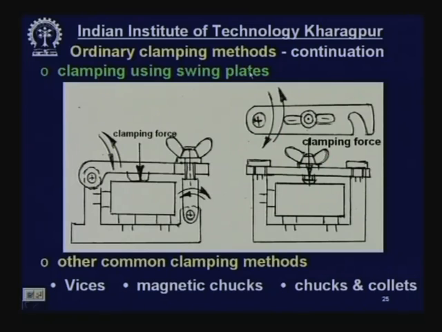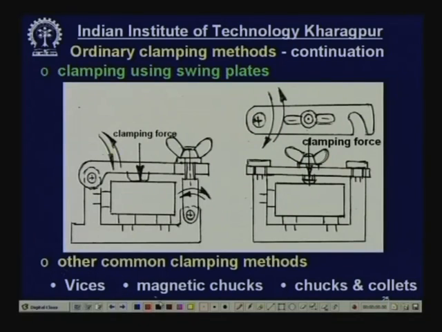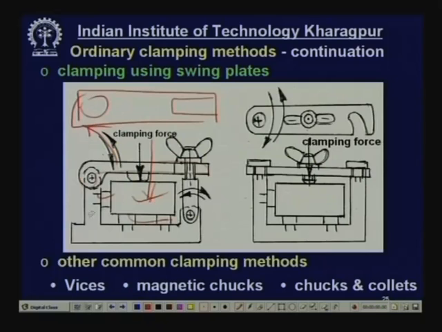Clamping using a swing plate. Here this is the workpiece which is resting, supported and located, and now clamping has to be done. This plate or strap is swing type. It has a slot like this. This will be moved upward, then the job will be placed inside. After placing and locating, this strap will be moved down, and from here this is open, and this is the swinging type. So, this locking bolt